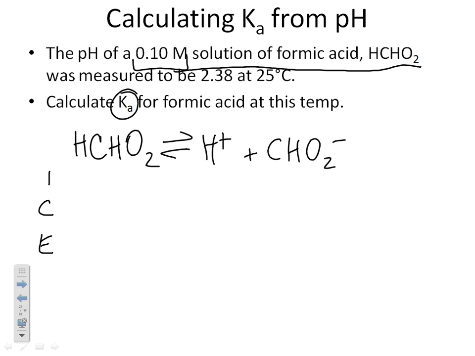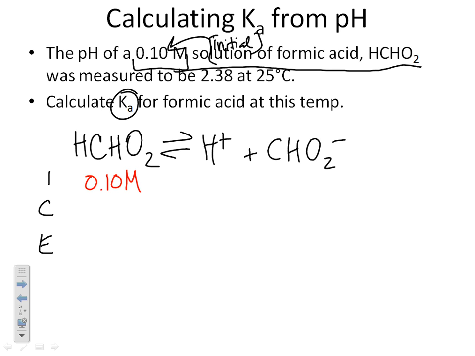We know we're dealing with the HCHO2, not the H plus, not the CHO2 minus, just the HCHO2. The 0.1 molar solution, that's your initial. This person made this solution of formic acid to start out as 0.1 molar. So if you're given a concentration of a weak acid like this, that is your initial concentration. So I'm going to plug in the 0.1 molar